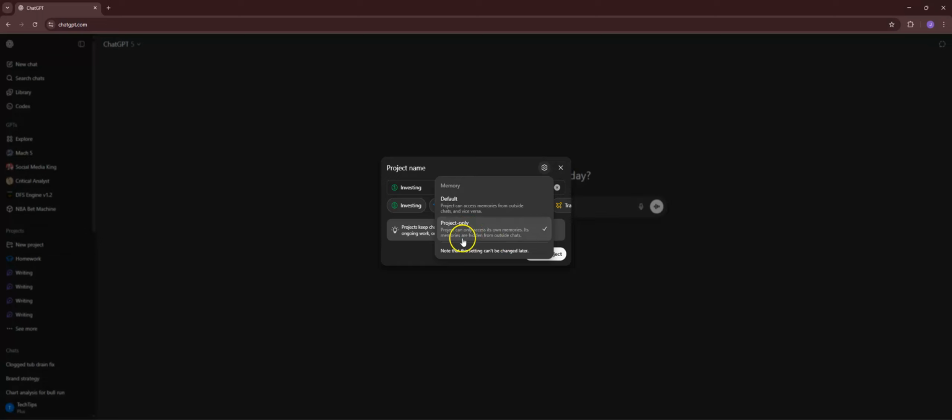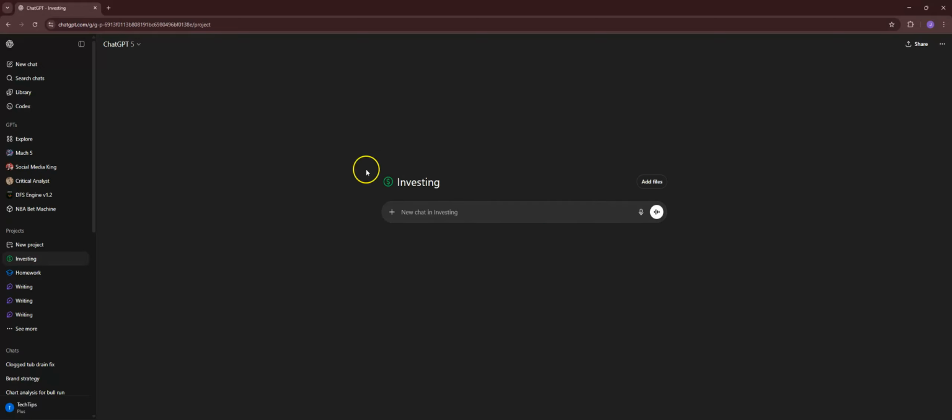So by doing this, you can see here that project can only access its own memories. Its memories are hidden from outside chats. That way everything stays confined to this one workspace, almost like a specific folder, and you'll be able to analyze and do the best investment work that you can do by having everything in an organized and confined fashion. So once that's created, you see we'll have it here, and we can go ahead and begin our investment analysis